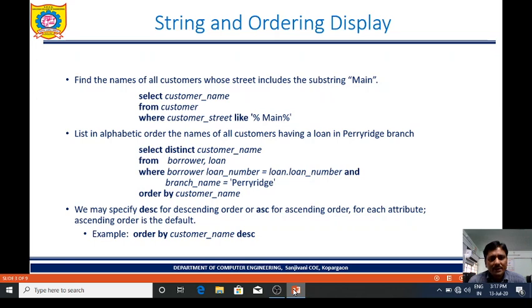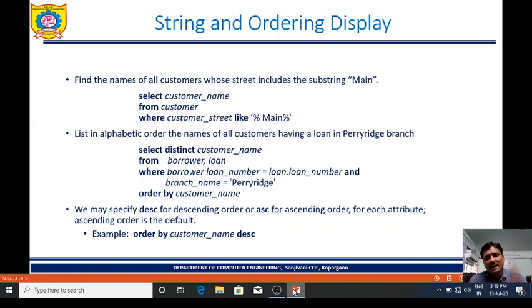Then next, we may specify DESC keyword for descending order or ASC for ascending order. There are two keywords, DESC for descending order and ASC for ascending order for each attribute. Ascending order is by default.